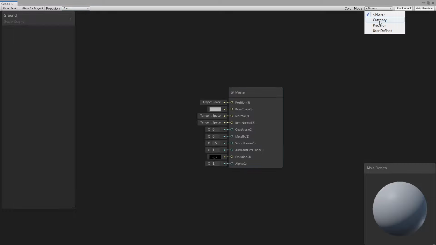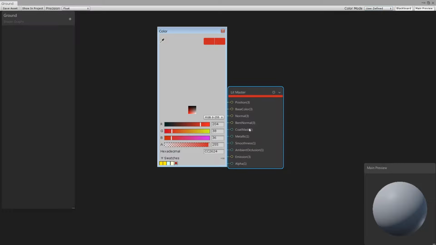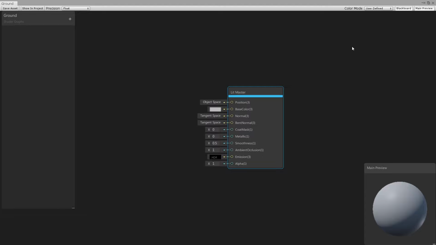This color mode is used to tag your nodes. Basically, you can choose the same color scheme for the same types of nodes so that you can easily recognize them. You can even set your own defined color. Just choose color defined mode here and then right click, go to color and change your color. And now you can choose the color you want. This will basically improve the readability of nodes, and you can easily recognize them when you have a lot of